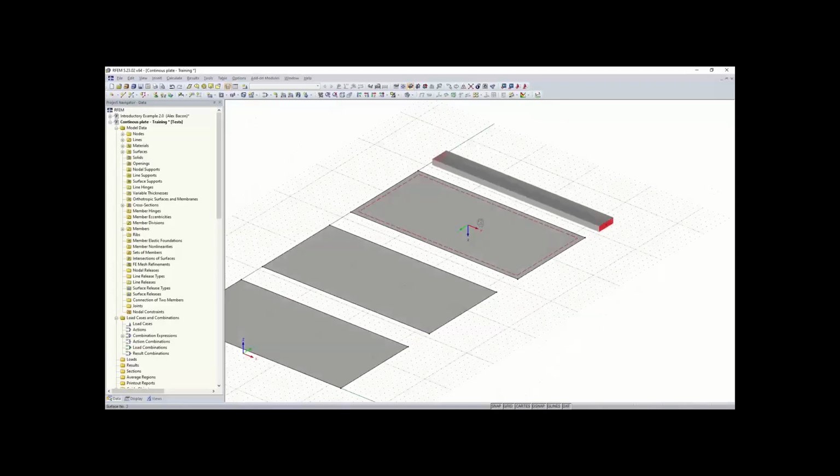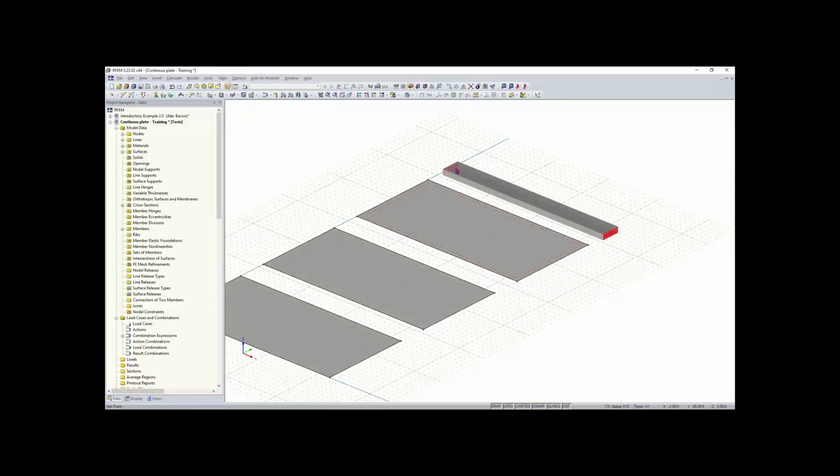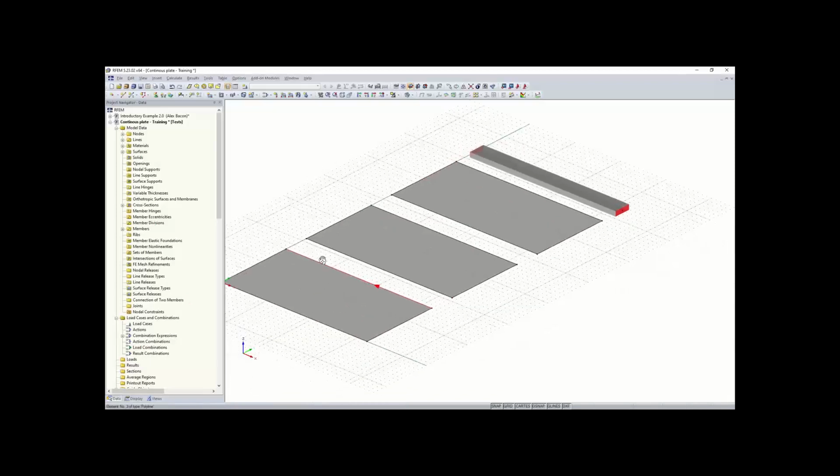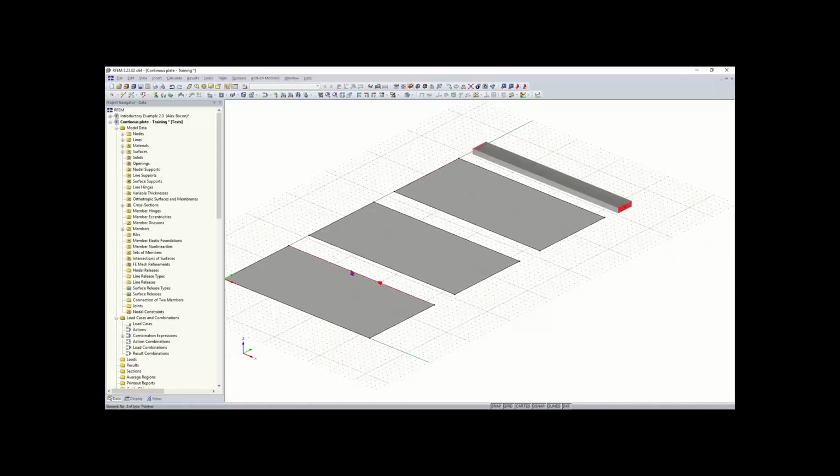And now we have our 3 plates in our continuous beam right here. The next thing we want to do is divide these lines on the edge of our plates, so we can add a midspan here for supports. We also want to divide this continuous beam, so we can add a middle support as well. So to divide the lines, we can simply just